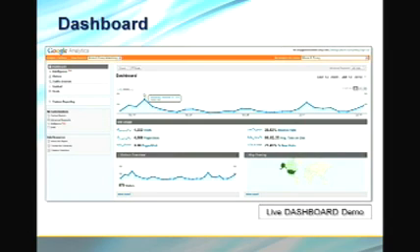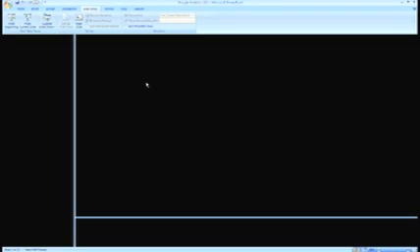The first thing you're going to do is, when you log into Google Analytics, you have what they call their dashboard. If you notice in Google Analytics, right up here in the top left, it's called your dashboard. I'm actually going to go into a live dashboard here and show you how it works. Give me 1 second, it'll pull up here. Here's a live Google